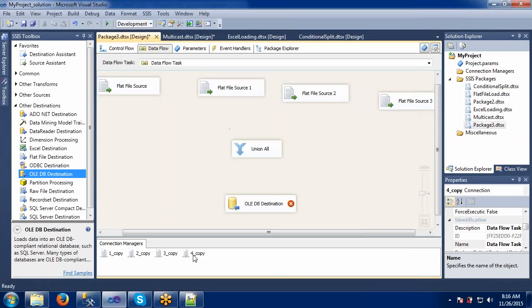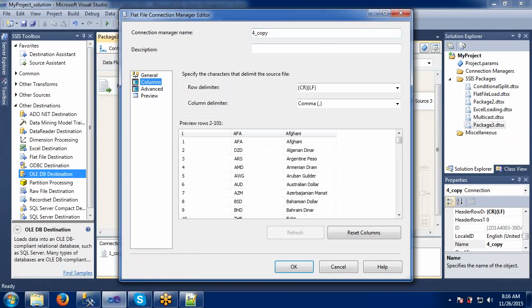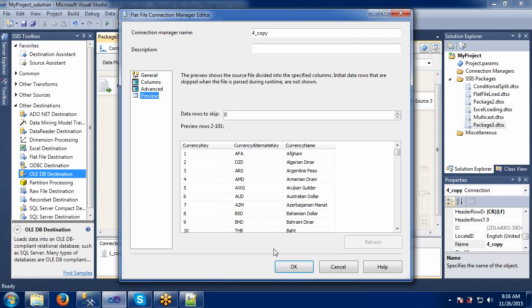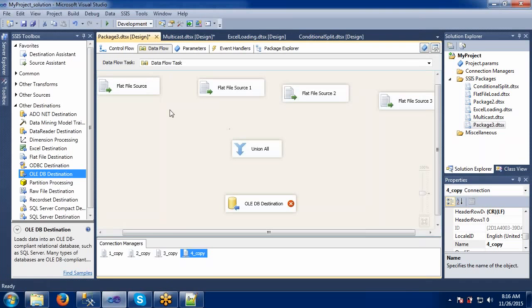In the first copy, in the 4 copy connection, we also found some issue, right? Let's see this one. Here, if you see, the first record is showing as an actual record, but we have added one header. So reset the columns. See, now my columns are reflected here. Everything is fine now.